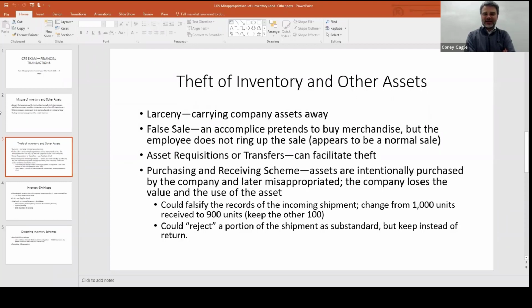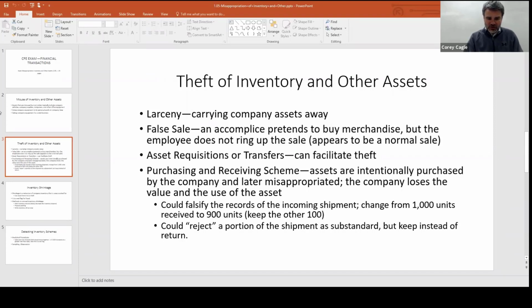So, a false sale. This one kind of cracks me up because you have an accomplice who comes in and you're just doing a whole dramatic acting job where they're like, okay, here you go. Like, oh, let me ring this up. And then you hand them the inventory and they pretend to hand you money or whatever. And nothing of this really is happening. You're just giving them an easy way to take inventory out of the store where they didn't actually pay for it. That seems an easy thing to get away with, right? So if you're an owner of a retail company, you might have to watch that kind of thing because on the surface it looks to be a normal thing.